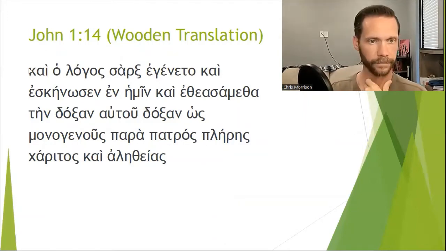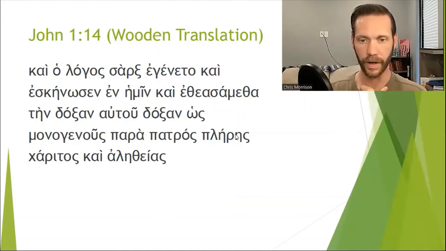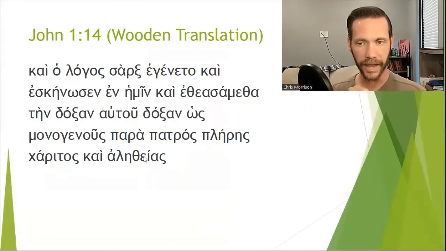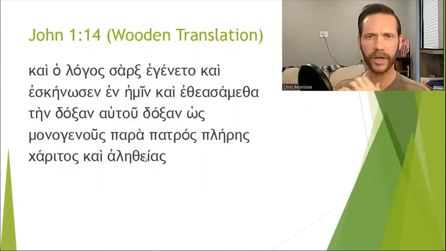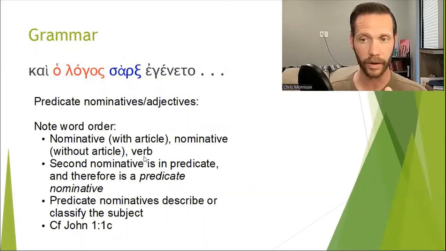So it's something like this. And the word became flesh, and dwelled among us, and we beheld the glory of him, glory as of the only begotten Son from the Father, full of grace and truth. So we have a really good idea what's going on just from knowing the vocabulary. But as always, let's get some grammar ideas in here so we can smooth it out, and then we'll look